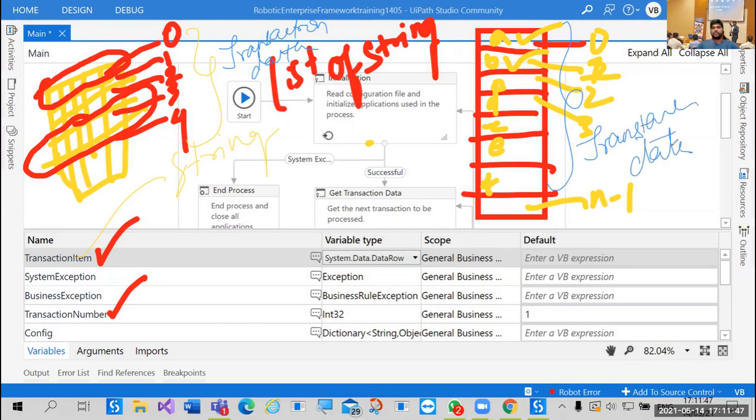So any collection will be a transaction data. Now let's assume that this string is the transaction data. When we are using a string, what will be the transaction item? When I say string, there is S, T, R, I, N, G. All the letters combined are called the transaction data. Now what will be a transaction item? No idea. Yes, S is one of the items, one of the transaction items. T is too. The others who are online can also answer.